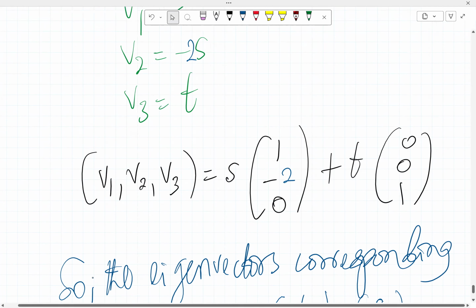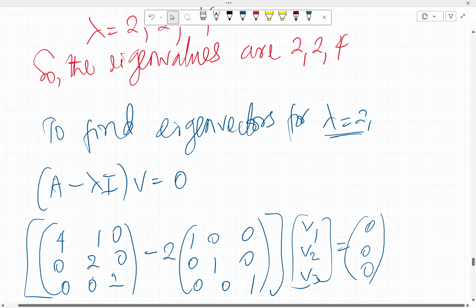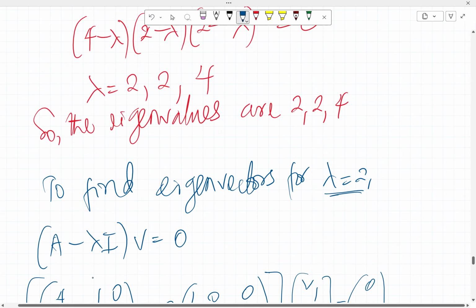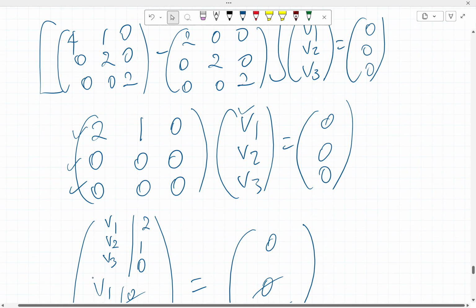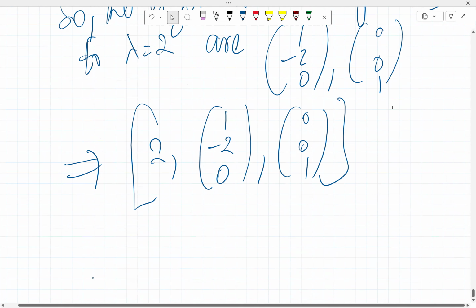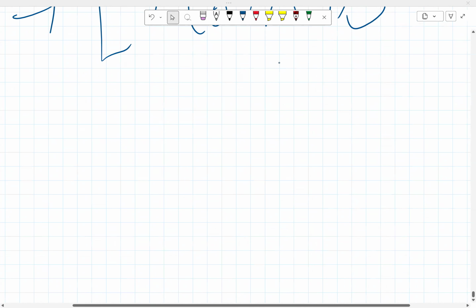But that is just for lambda equals 2, right? So we still have lambda equals 4. Thankfully, if they were distinct, we'd have to look for eigenvectors for 3 different eigenvalues. Thankfully, after this lambda equals 2, we can then just do lambda equals 4 and we are done, because 2 is repeated twice, I think. So to find eigenvectors,